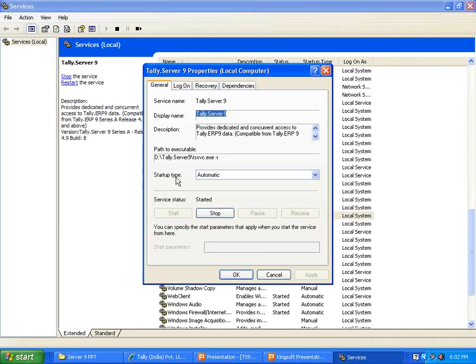So this is the Tally Server 9 service. Right click on the Tally Server 9 service, go for the option Properties, and check whether the startup type is automatic or manual. If it has been set as manual, click on automatic, apply the changes and then click OK. Then start the service once by right clicking, and restart the service once by right clicking on the service and then check it out.